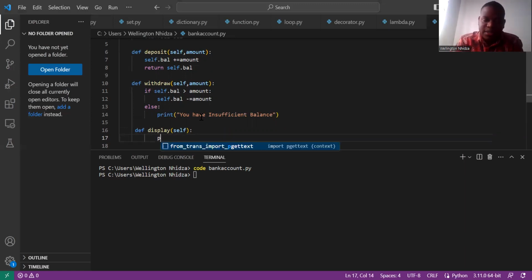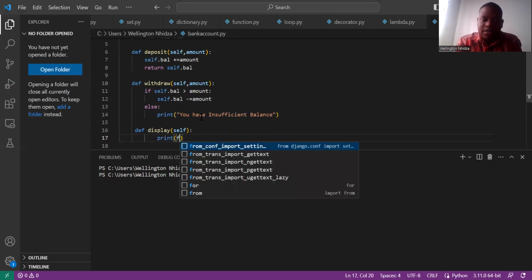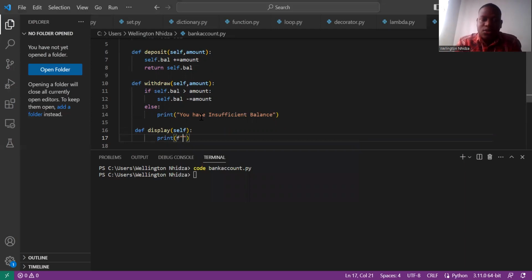So we can just say formatted print: the account self.account_number